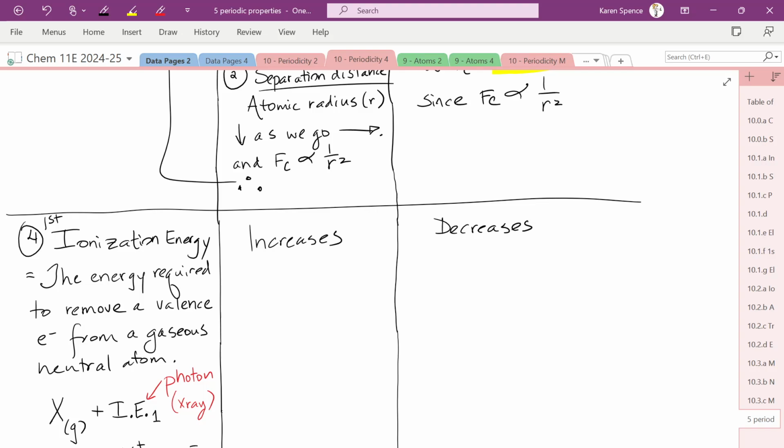We're saying Zeff is bigger as we go across left to right. We're saying that radius is smaller as we go from left to right. Both of those things make the Coulombic attraction get stronger. And then our only thing that we have to say differently is that therefore the force on the, not the bonding electrons, but on the valence electron is stronger and therefore it requires more energy to remove. So we could say here,